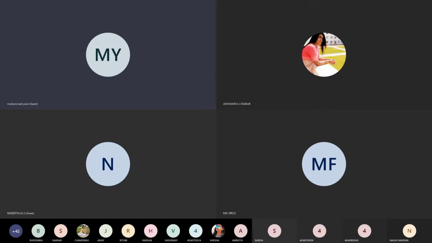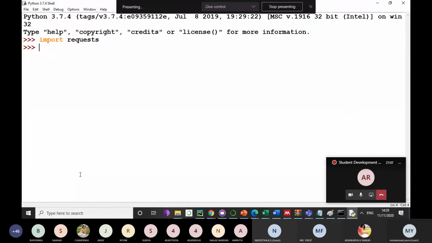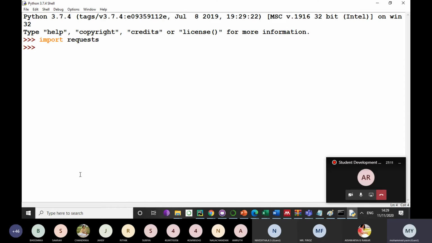If you are not getting it, that means you are not doing it. Module not found errors. What issue will you get? The requests module is not there. You will get an error like this.